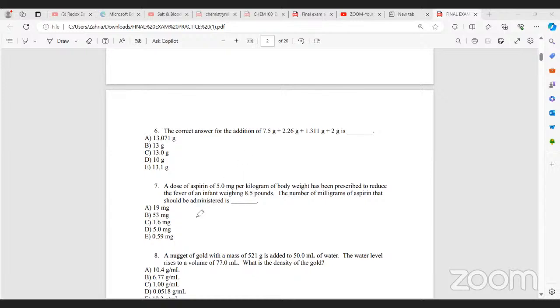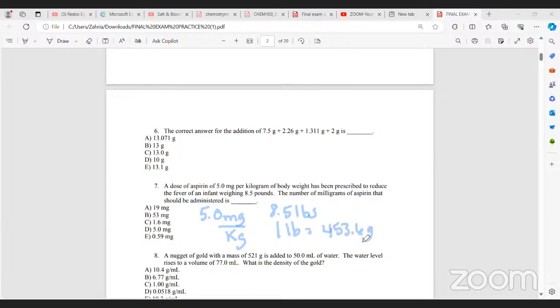All right. Now, in this next one, number 7, a dose of aspirin is 5.0 milligrams per kilogram of body weight and has been prescribed to reduce the fever of an infant weighing 8.5 pounds. The number of milligrams of aspirin that should be administered is what? So, in a problem like this, one thing you have to know is that 1 pound